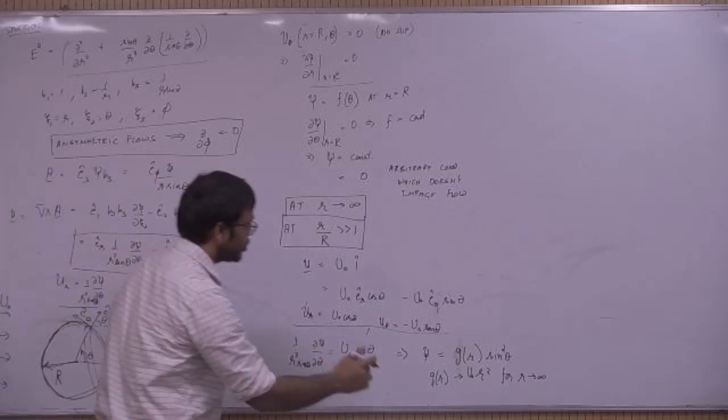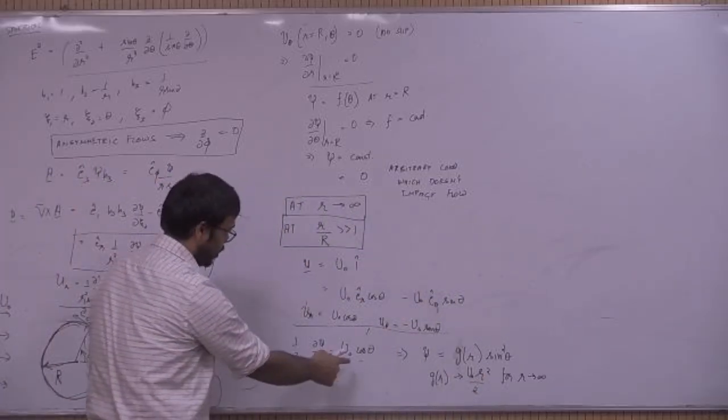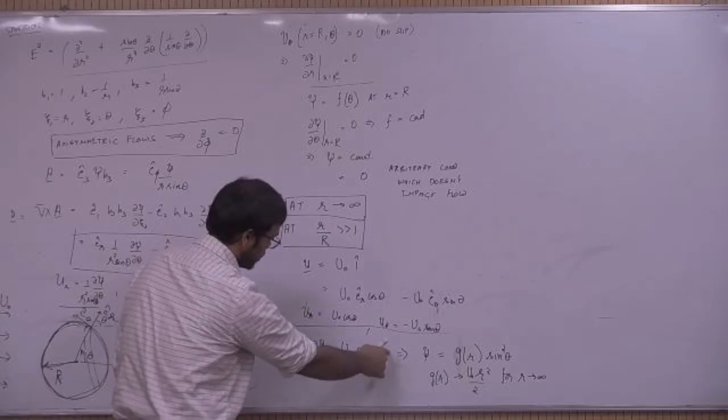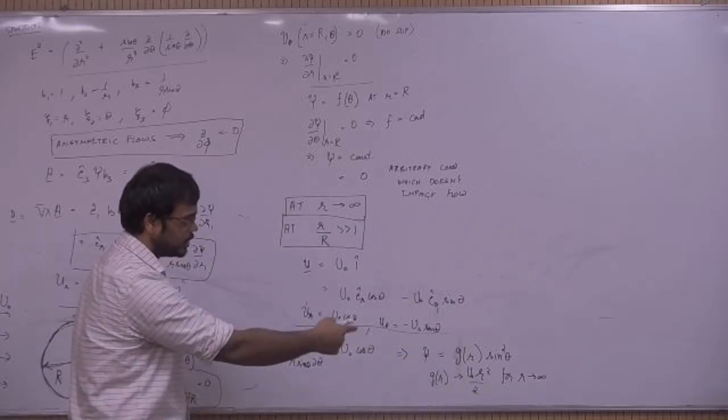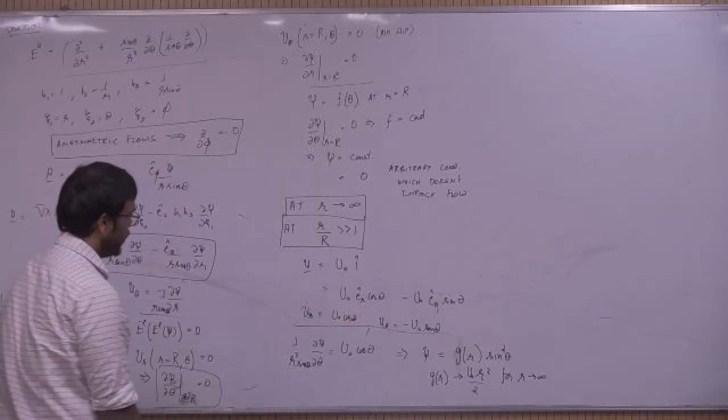Actually, there will be u naught r square by 2, right? Because you have cos theta and then you'll have cos theta sin theta d theta. So if you assume cos theta to be t,